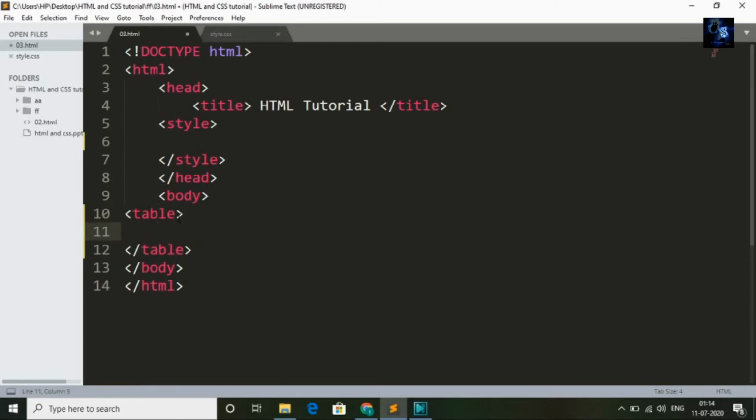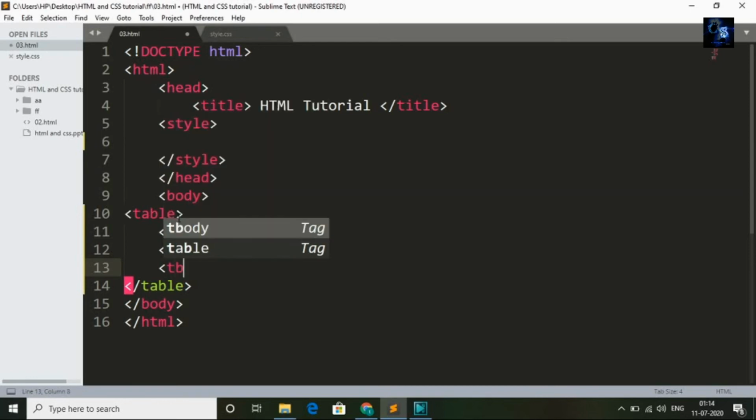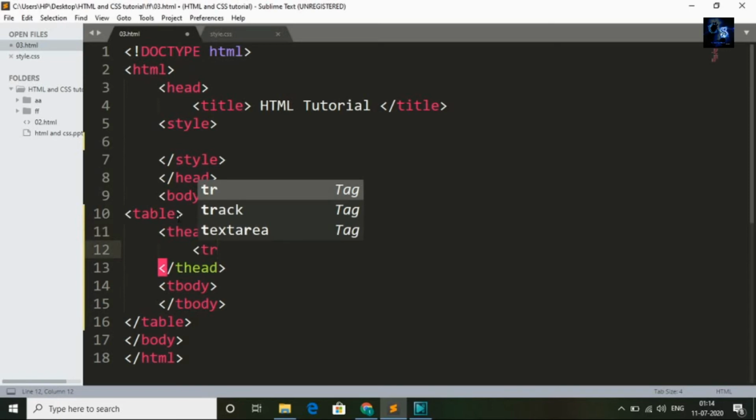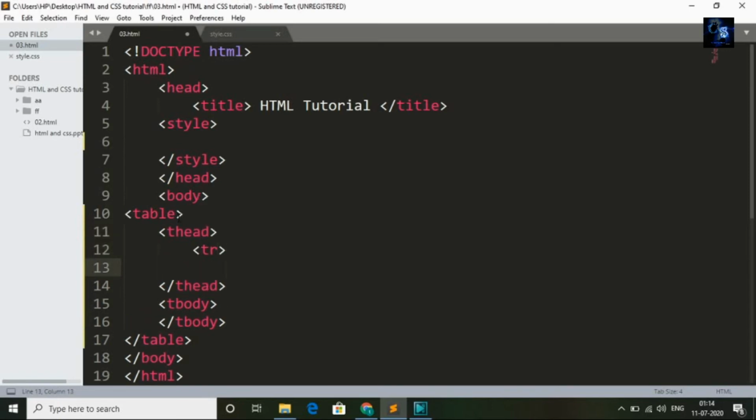Inside table tag I will create thead tag. This is opening tag and this is closing tag and I will also create tbody. In head tag I will add heading. First I will add tr tag to add row elements. And this is closing tag.